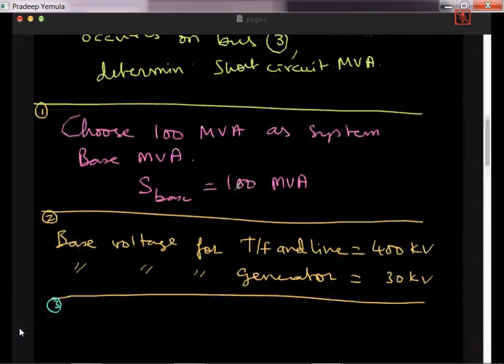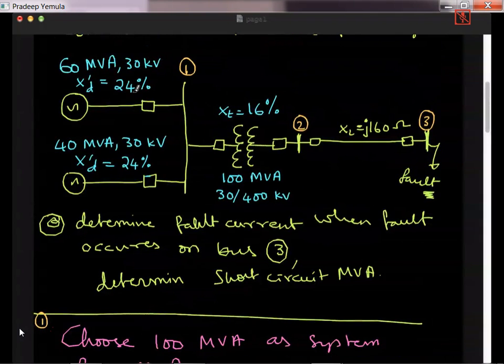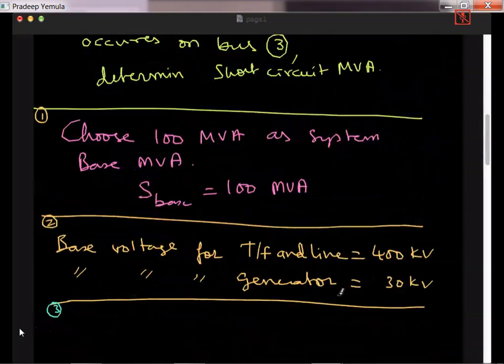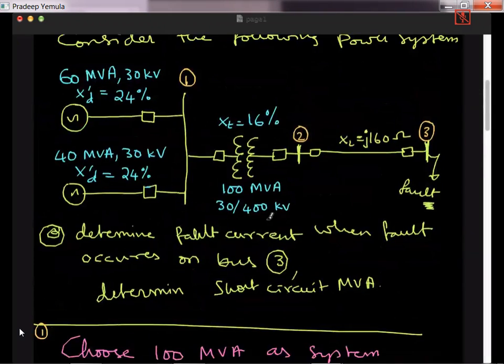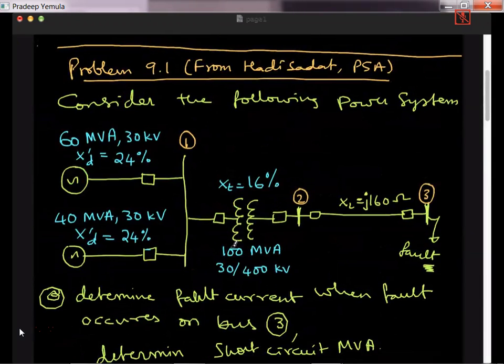Per unit impedance of the generator. In fact there are two generators, and both generators are rated 30 kV. So what you have to do is, we will use the formula